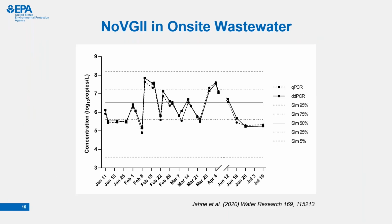And so this graph compares our measurement results to the different percentiles of the simulation, which are the horizontal lines. And you can see first that both qPCR and digital PCR agree well with each other, which is expected because they are both PCR-based methods, but it's also reassuring because we are counting on digital PCR to really get us to where we need to be for some of the other source waters. In terms of a comparison to the model, you can see that it really did reflect the median of the simulation extremely well, and also was able to characterize the variability. And so we were able to catch some of the high concentration events that really do end up driving your